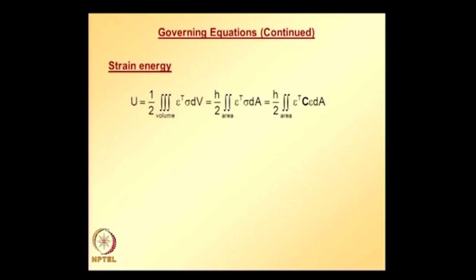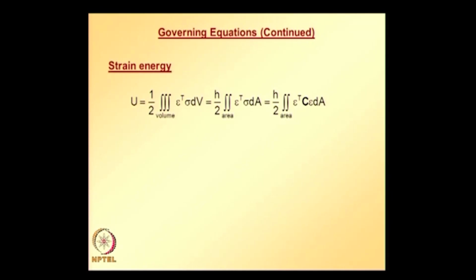Strain energy is given by this: half integral over the entire volume of the structure or particular object that we are looking at, epsilon transpose sigma. We need to integrate that over the entire volume, and if the thickness of that particular component is constant, we can pull the thickness out, h is the thickness here. So, now the integral becomes an area integral,